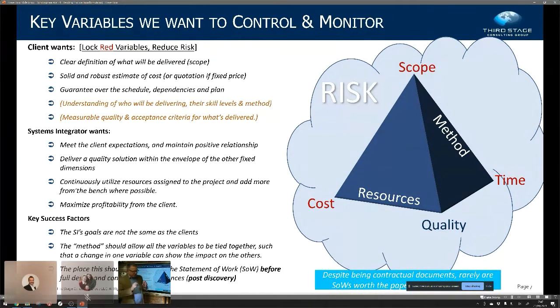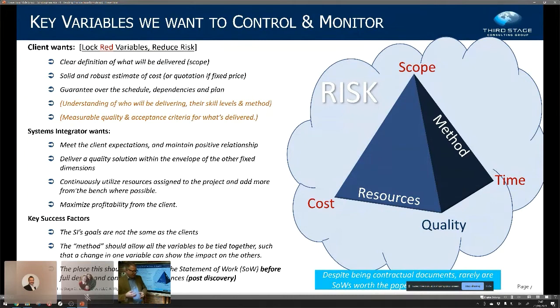So realizing that the goals of the SI are not the same as the client, they'll align where they can, but only when it's in their own interests. Make sure that whatever method is being used, you as the client have a method to tie together the scope, the cost, the time, the resources, and the artifacts and the quality, so that you know exactly where you are.